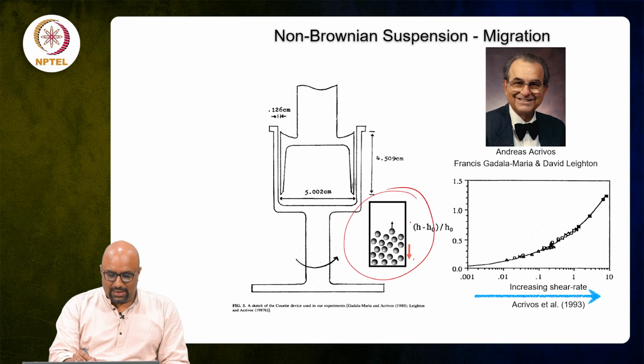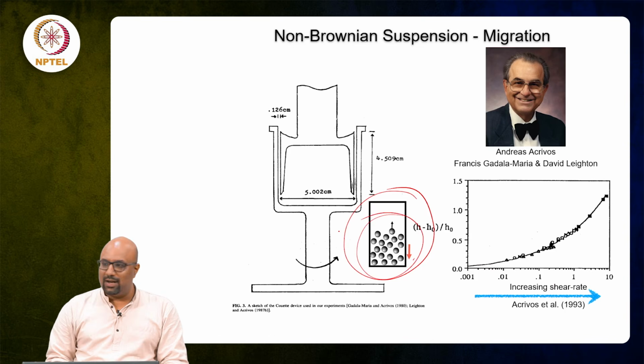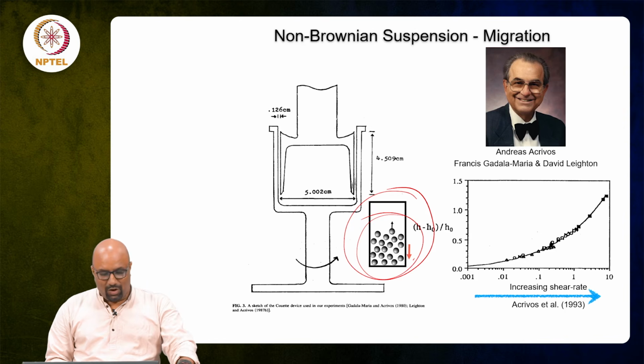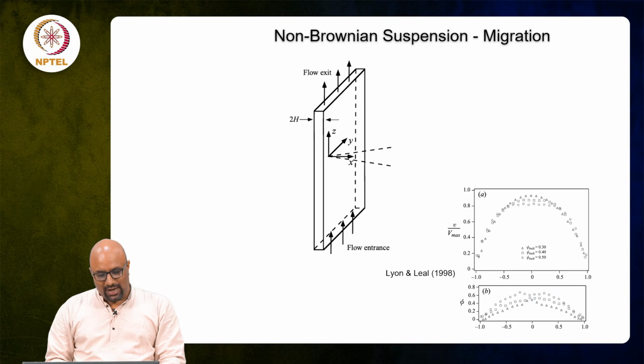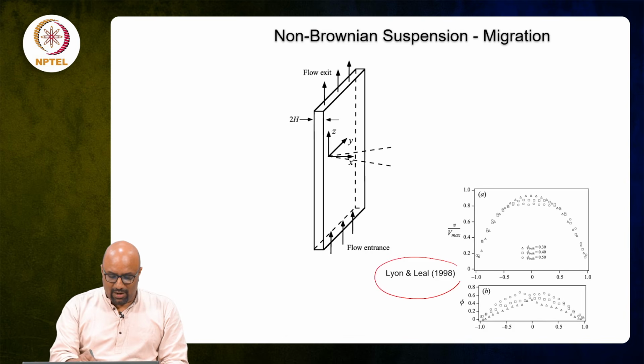see that there is a certain distribution of particle concentration. Not all the particles are settling down at the bottom of the container. There is a certain layer thickness over which they are getting suspended, where there seems to be something else balancing the gravitational flux. And what was done subsequently by another set of experiments by Leon and Leal, and there